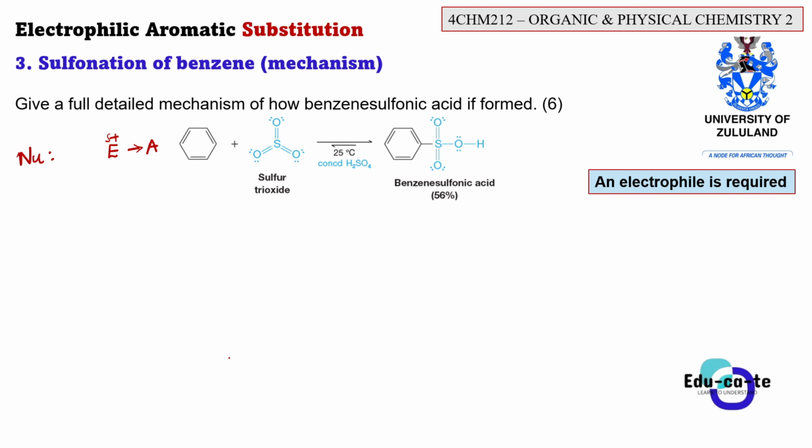So the properties of the nucleophile: you must remember that the nucleophile is electron rich. It has an extra pair of electrons that can be used to make a bond. Then the electrophile is electron poor, or electron deficient. It has a shortage of electrons. In this particular case, whenever we're having the reaction of benzene, the benzene ring always acts as a nucleophile. So in each and every electrophilic aromatic substitution reaction, the benzene ring acts as a nucleophile. This benzene ring will be the one giving the electrons. It is the one that has an extra pair of electrons.